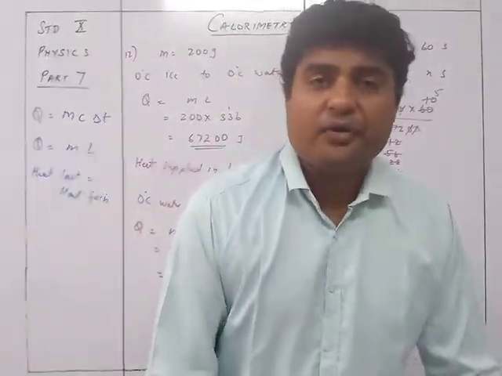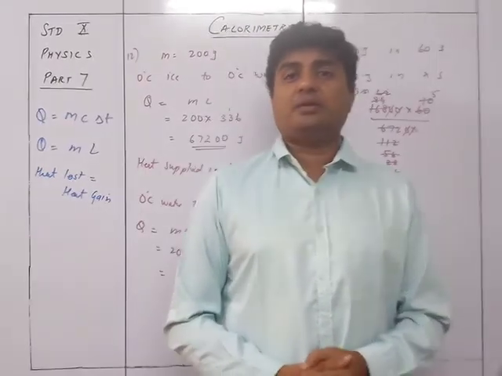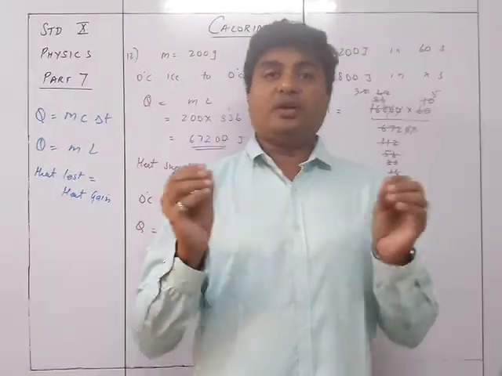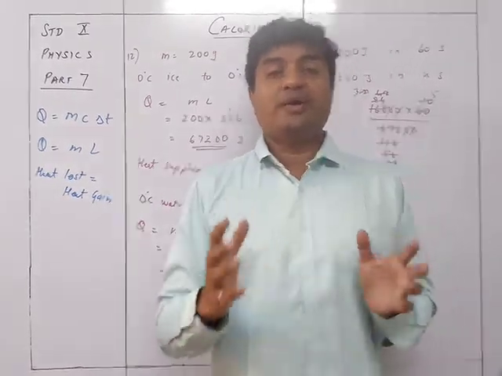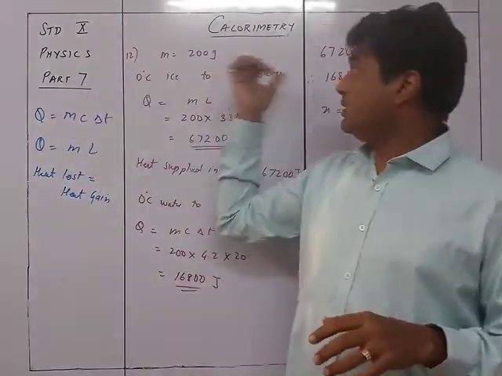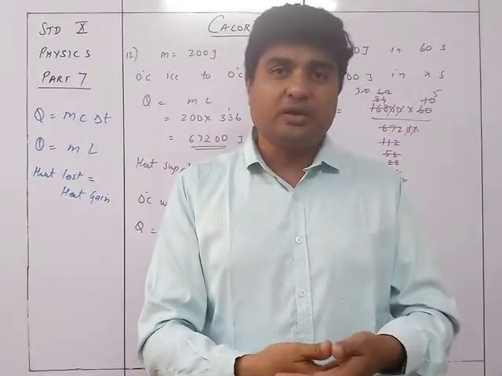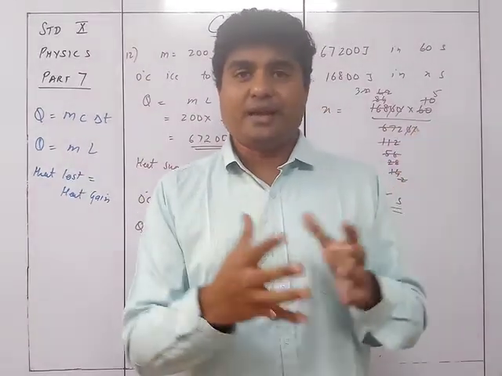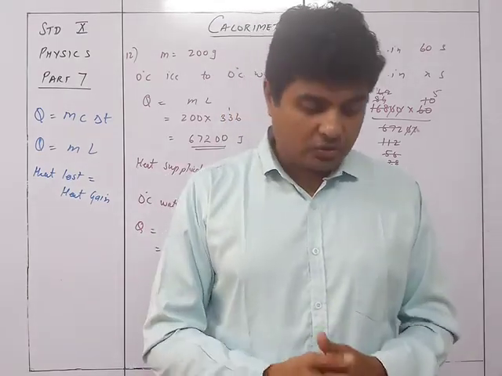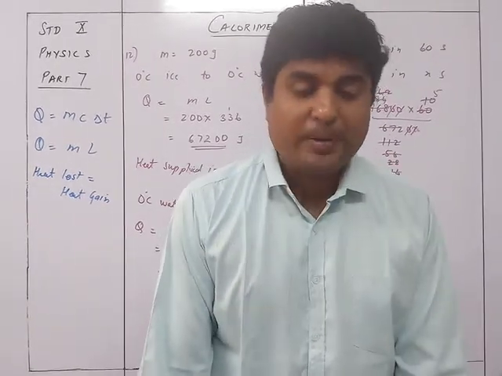So that was the end of the chapter calorimetry, a very important chapter. The numericals are somewhat tougher because you need to understand them. It is not just application of the formulas. You need to understand what exactly is happening, and accordingly make something like a flow chart of what is happening, understand in that flow chart what is going to be the formula to be used, and then apply it. Plus you need the principle of calorimetry, that is heat loss equals heat gain. So overall a difficult chapter in terms of the numericals, so practice well.